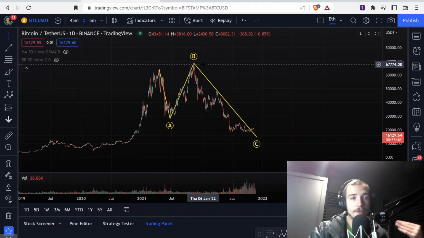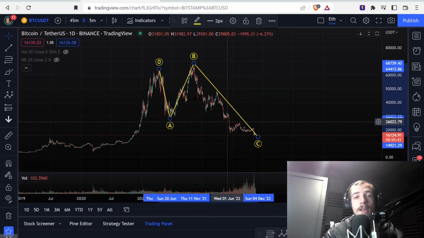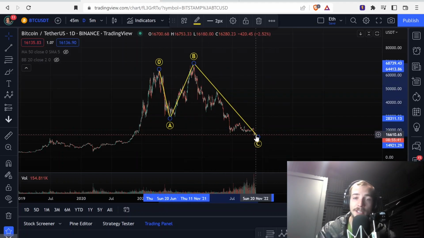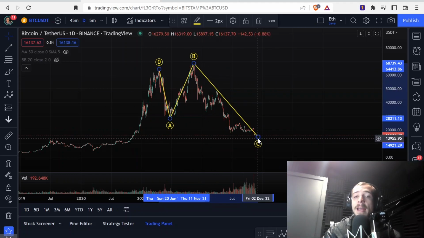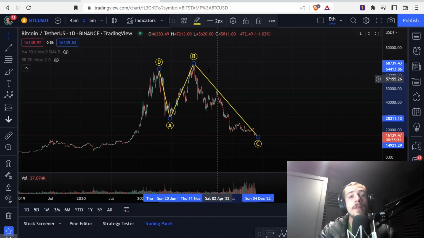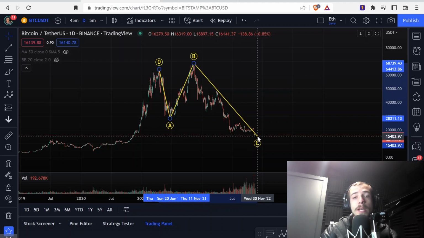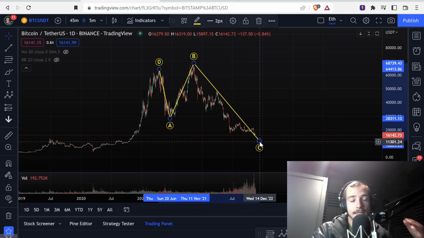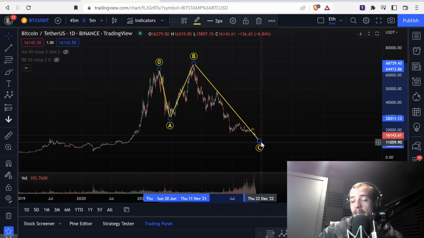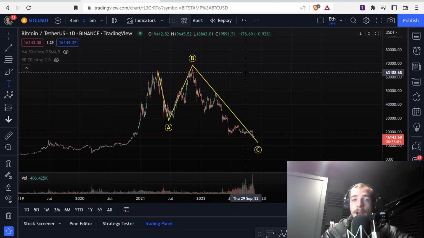And as far as the correction goes on Bitcoin, at some point the subwaves have to be over. Every ABC correction has a terminal end, and wherever that is here with Bitcoin is the highest opportunity with the lowest risk. And we've already gone through so much of a correction that we're getting really close to that point, if we're not already there, where the risk is extremely low and the opportunity is very high to be buying Bitcoin. And although this is not financial advice on my channel, this is my trading journal.